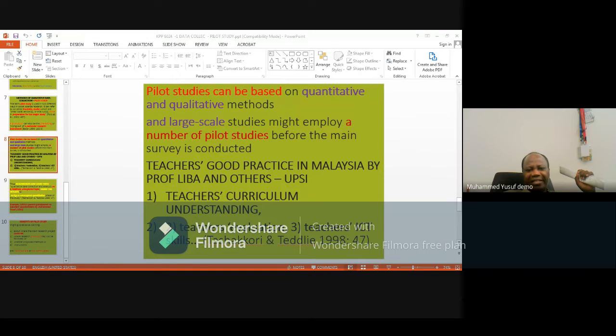Face validity is general checking. When you check your instrument, your interview protocol that you want to use to get information, or you want to use it to explore information from the participant,